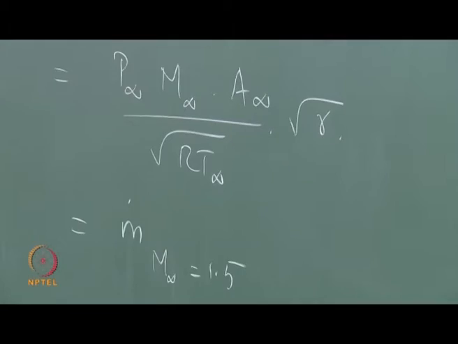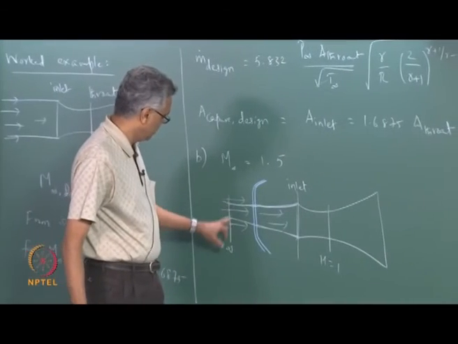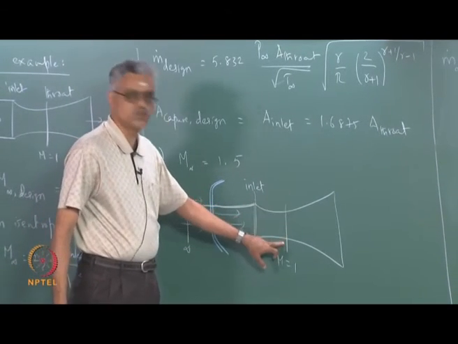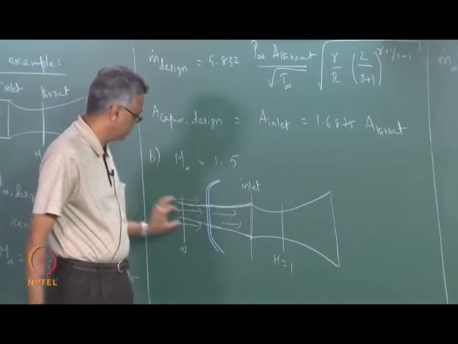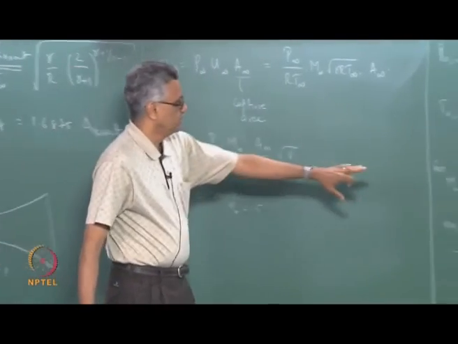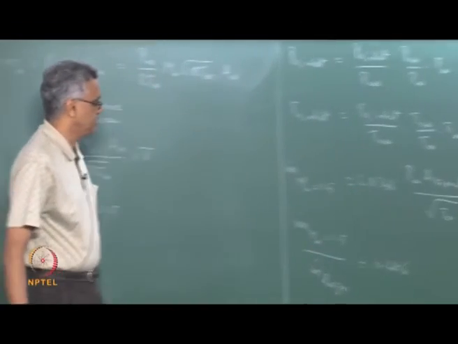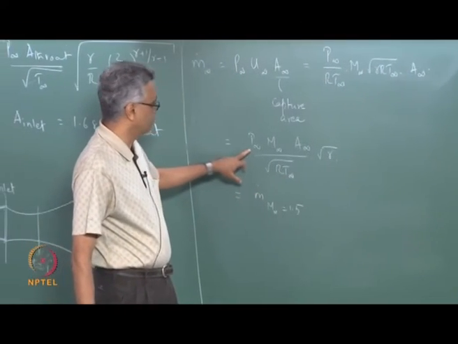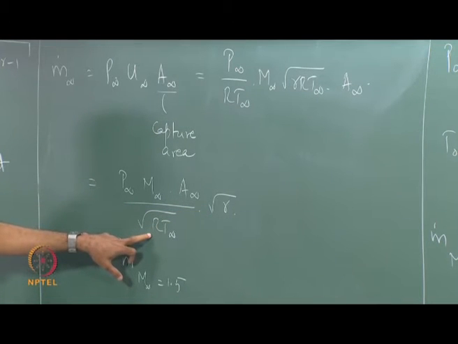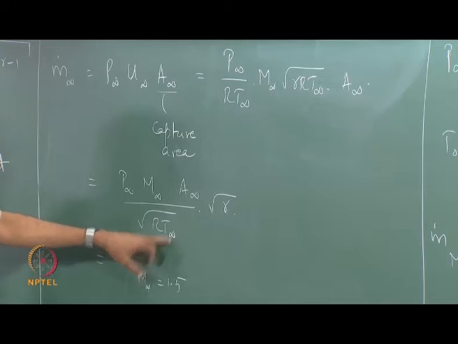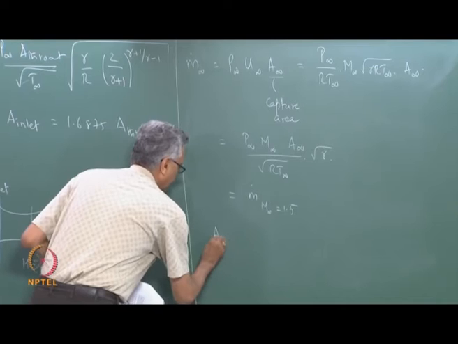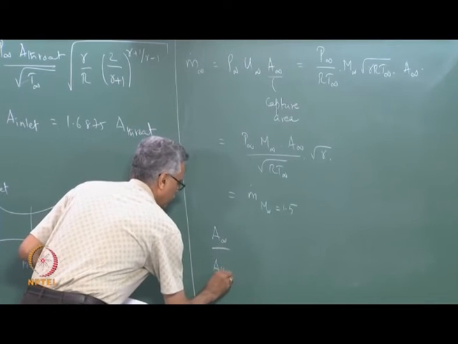The same mass flow rate that passes through the stream tube at this section will also pass through the stream tube at the inlet as well as the throat section. So, the mass flow rate remains the same because it is the same stream tube, right. So, I equate this expression to this expression, and you can see that there is a nice cancellation of terms. The P infinity drops out, the square root of gamma divided by square root of R also drops out, square root of T infinity drops out. So, we get a nice expression which tells me A infinity divided by A throat